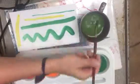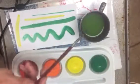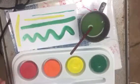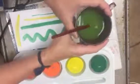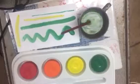When you are done, put your brush, or let's say I'm coming to speak to you, always have your brush stored in the water like this. And then when you're completely done, pick up the cup, bring it over to the sink, and here, I'm gonna actually show you. Let me